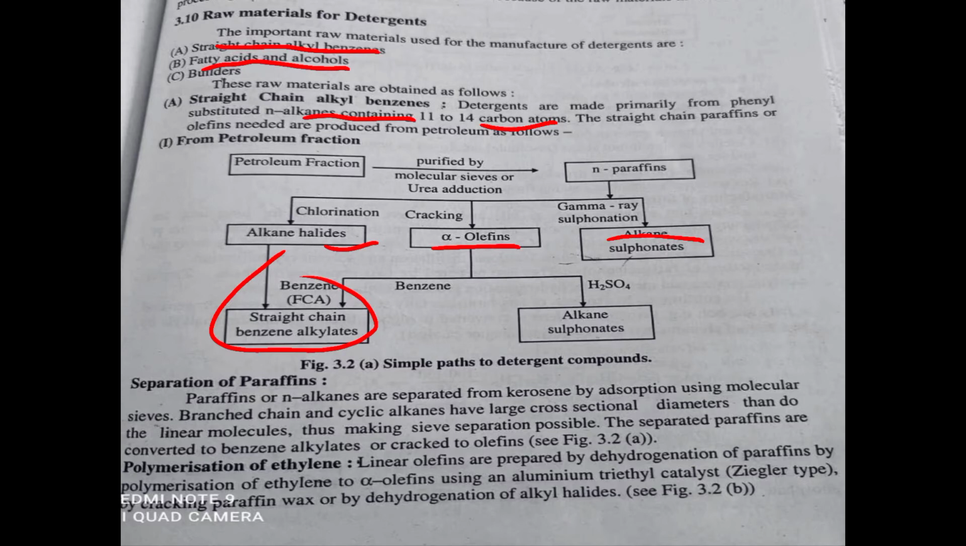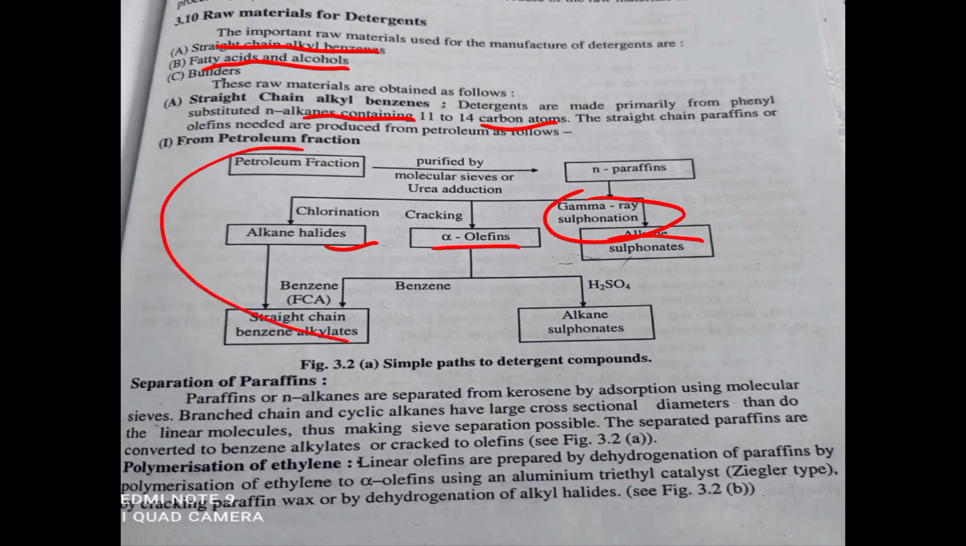Then n-paraffin can undergo a cracking reaction, with formation of the n-olefin. This n-olefin is also divided into straight chain benzyl alkylate and alkene sulfonate. Again, n-paraffin is divided into the third one, alkene sulfonate. So alkene sulfonate can be prepared by using gamma ray sulfonation. Okay, so alpha olefin also reacts with benzene and sulfuric acid, forming alkene sulfonate and straight chain